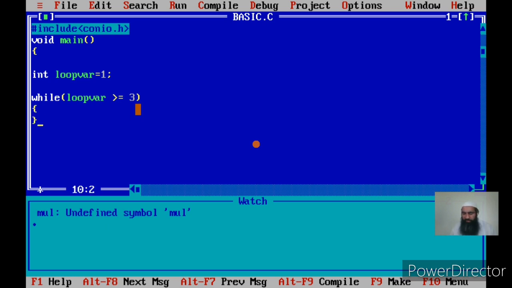Then there's a body of loop that should be enclosed within two curly braces. Whatever statements I write within these two curly braces, immediately following the loop, these statements will be executed again and again. I am showing you the simplest form of the loop, even though there are variations. We will discuss those variations separately, but the main logic is like this, and if you understand this logic, you can write any loop. The way I show you how to write this loop, you can write the other loops also in the same fashion.